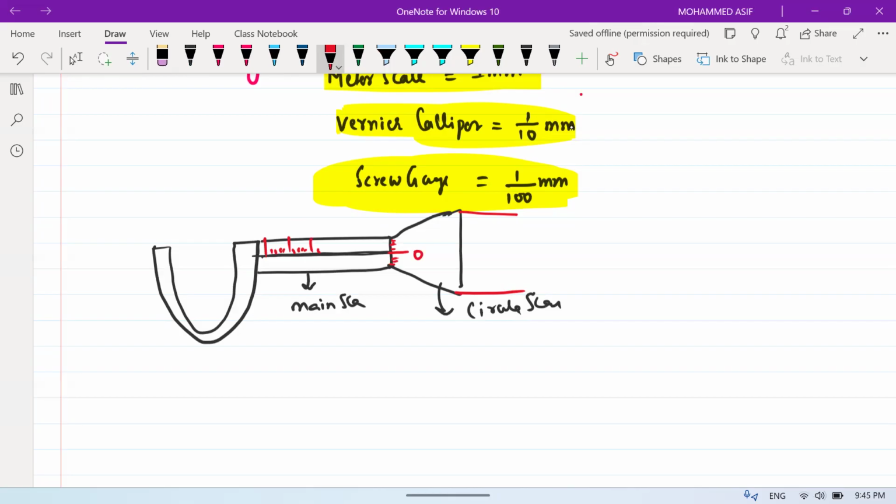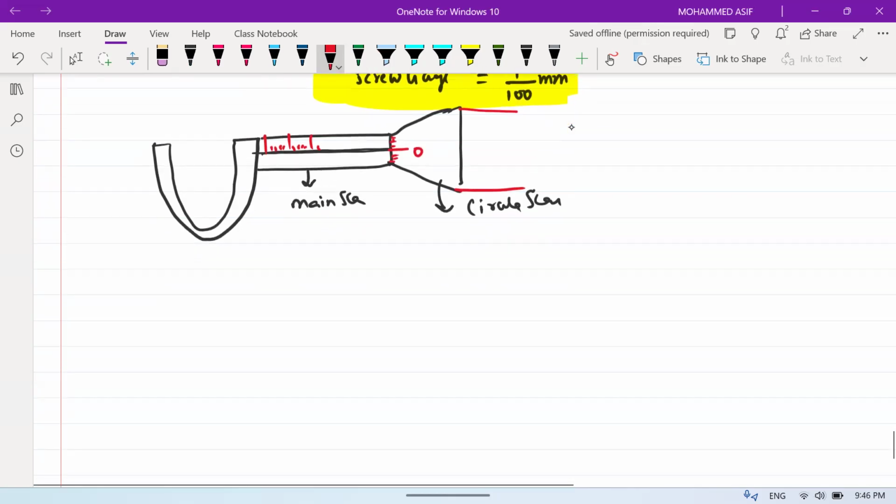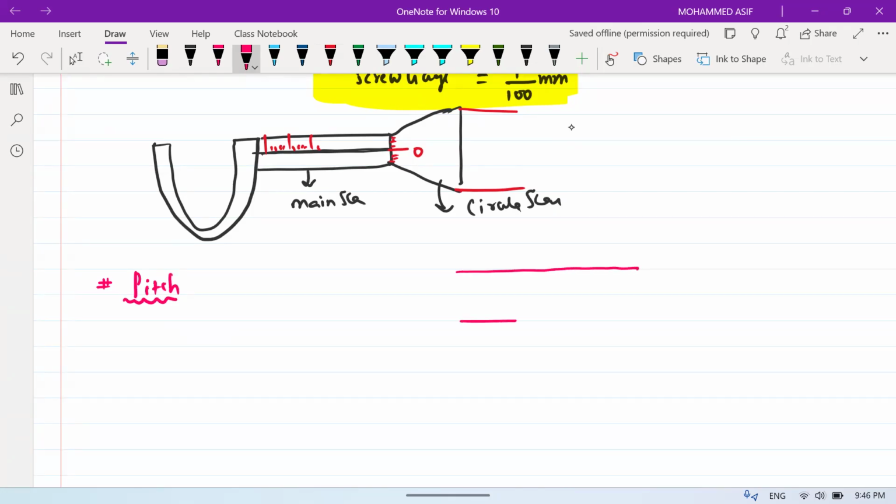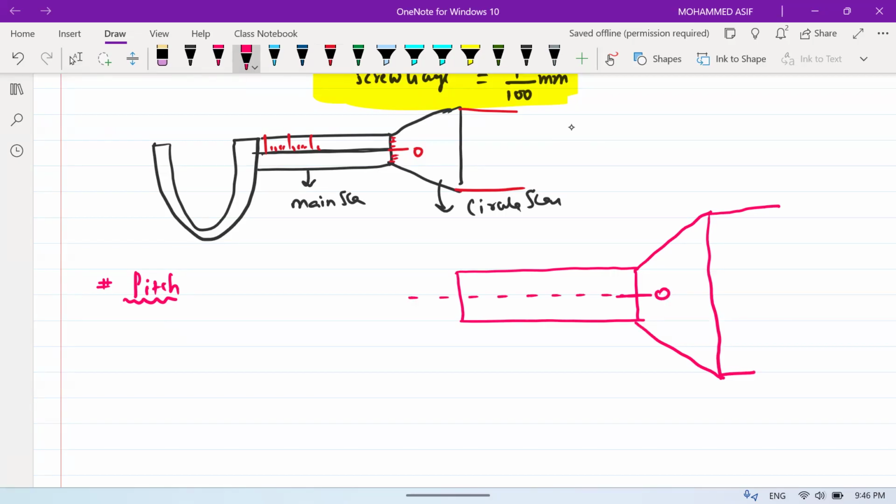चलो, इसके अंदर फर्स्ट फॉर्मूला देखो बेटा जो आपको याद रखना है. फर्स्ट डेफिनेशन जो याद रखना है इसके अंदर, पिच. What do you mean by pitch? बेसिक डायग्राम जो आपको सॉल्व करने के लिए याद रखना है, ये होता है मेन स्केल और यहां पर होता है सर्कुलर स्केल, जिसको आप रोटेट कर सकते हो। This is the zero, ये इसका जीरो और ये मेन स्केल की हॉरिजॉन्टल लाइन,